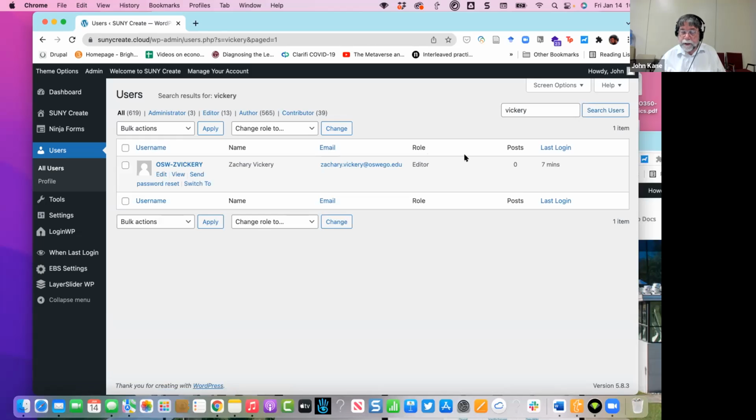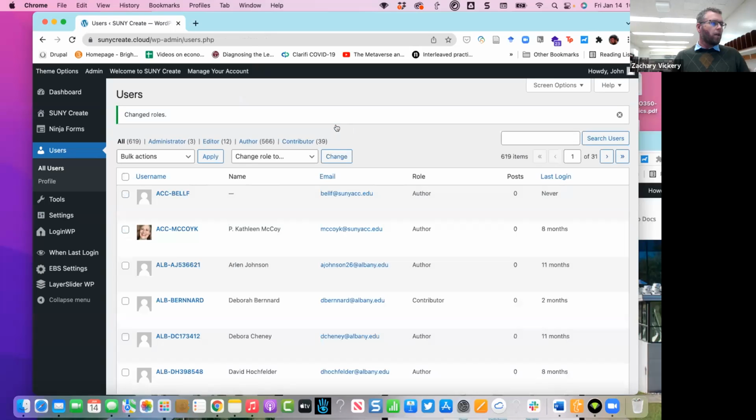There we go. Okay, and you are listed as an editor. Let me select you and do a bulk action to change the role. I thought it was editor, but maybe let's try author and see if that will help. Now, try refreshing the screen and see if that makes a difference. I did log out and then opened up a new